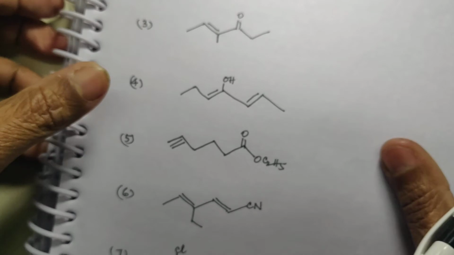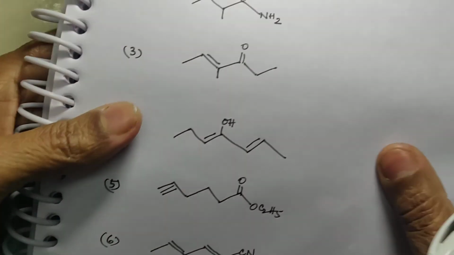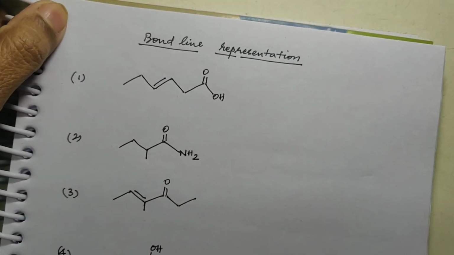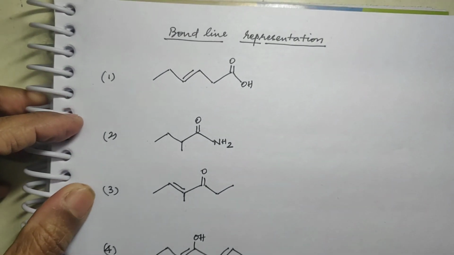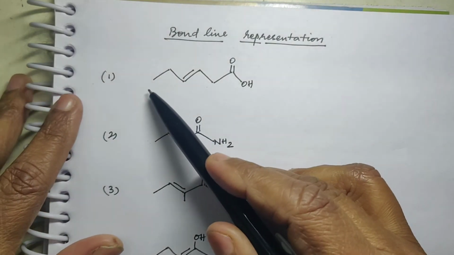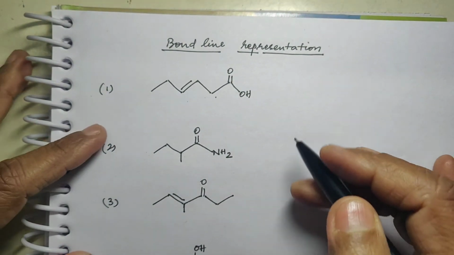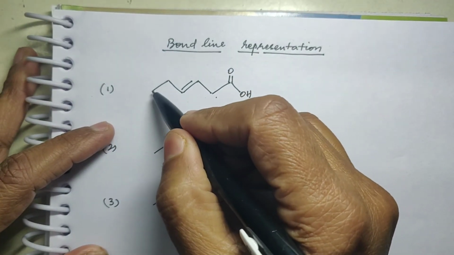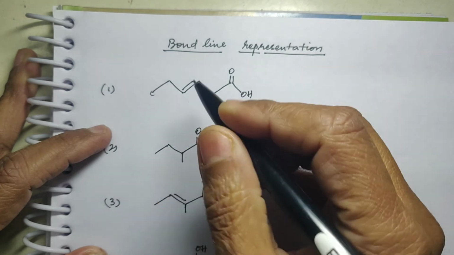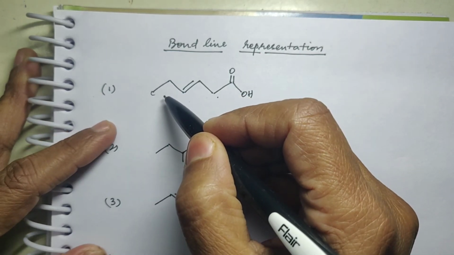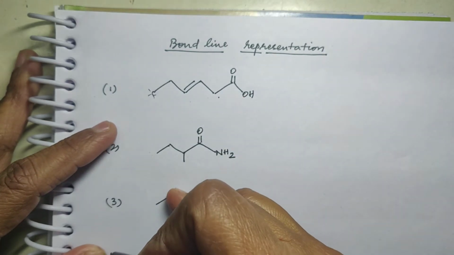Okay, now let me come to the next set of naming organic compounds. Now these are called bond line representations. See, I have not shown any carbon. I am just showing it in the form of a zigzag chain, and you have to write the name. Now first of all, what you should know, wherever it is just a single bond, that means this end is a carbon. You know very well that carbon is having tetravalency. So one bond is already there, then 3 more are there. This you have to understand.